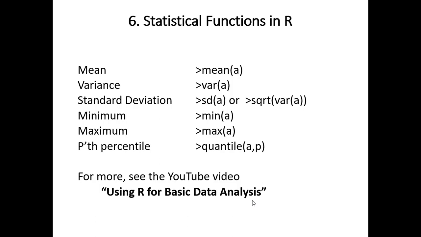So most of the time when you have to calculate statistics, you'll do it using some sort of technology. R is great to have. It's free. Sometimes it's a little cumbersome, but a lot of times it's very easy to use. So one of the first things you should be doing is downloading R to your computer. And you can see here are some basic commands. Now I put together another video just to get going using R. I call it Using R for Basic Data Analysis. This is available both on YouTube, and it should also be available on your Blackboard